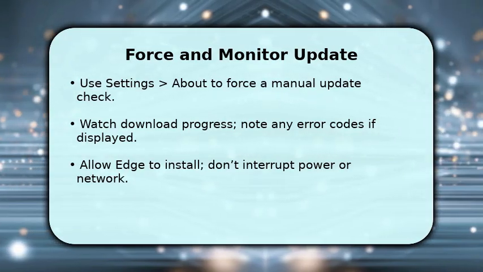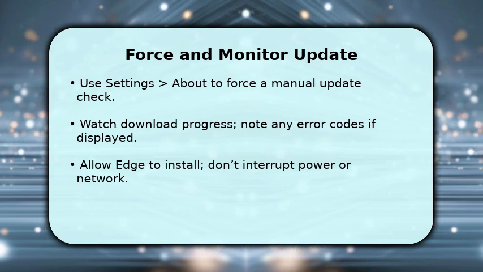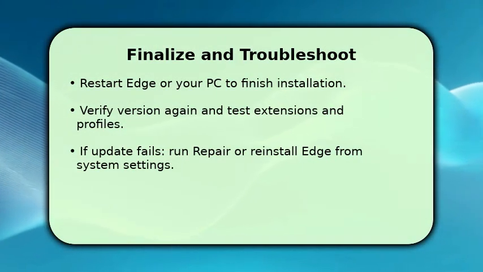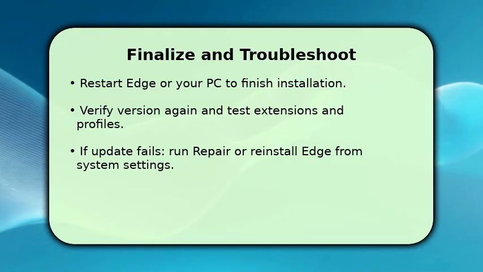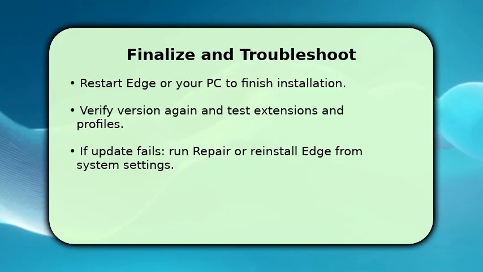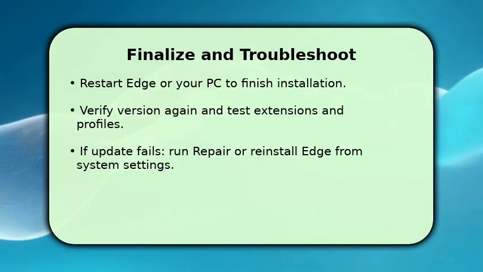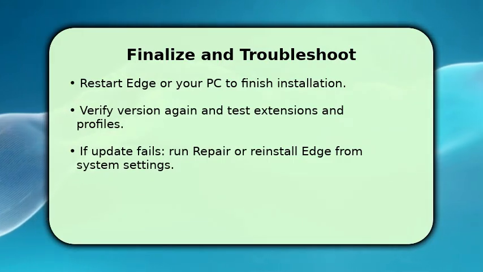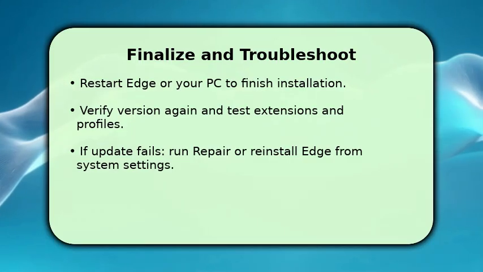Finish by restarting Edge or your computer so the update commits changes and replaces old files. After reboot, return to About to confirm the new version and check that extensions and profiles work normally. This verifies compatibility. If something goes wrong, use Settings, Apps to repair Edge first, because repair preserves data and fixes many errors. If repair fails, uninstall and reinstall Edge. That resets corrupted binaries, but keep your profile synced so